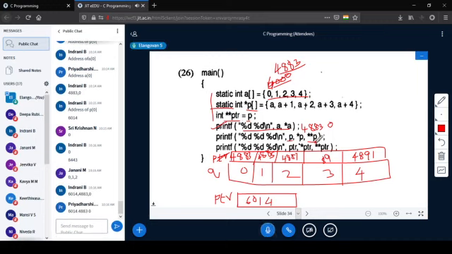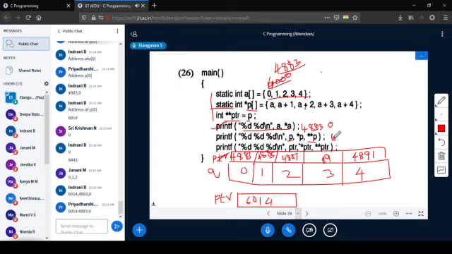Yes, you are right. 6014 is P. P is nothing but address of P of 0. Address of P of 0 is 6014.